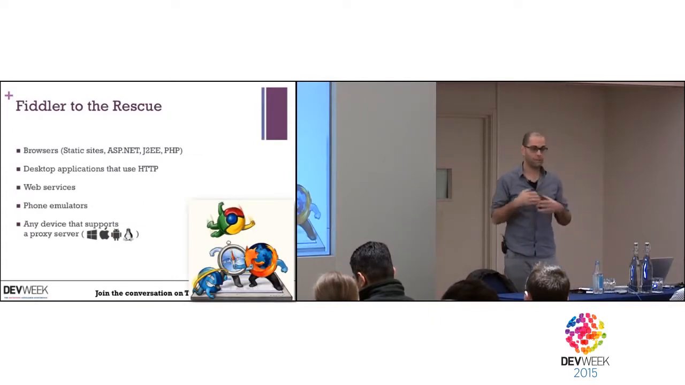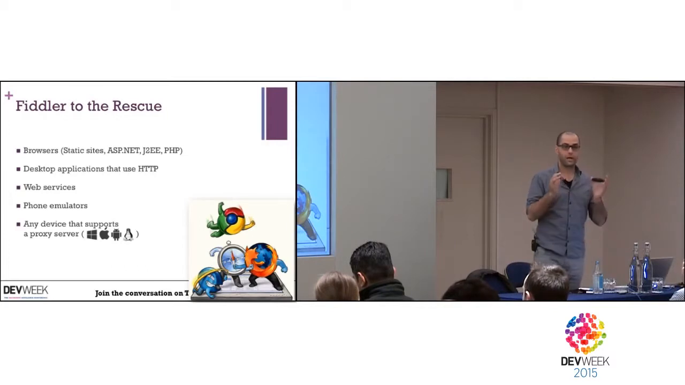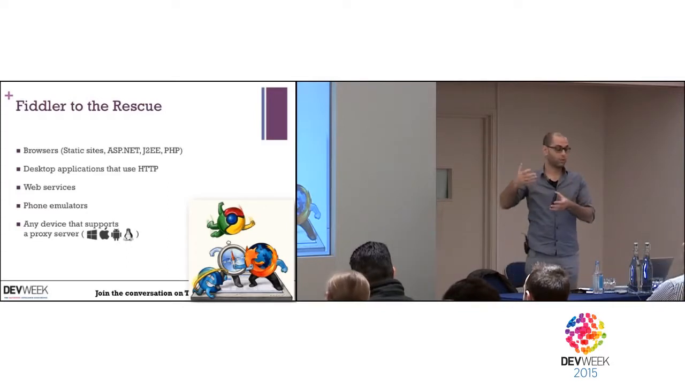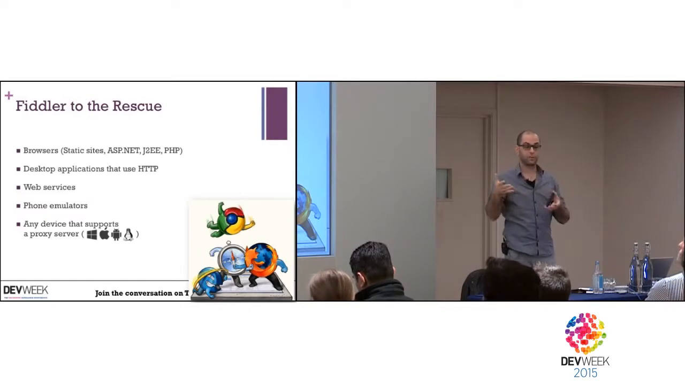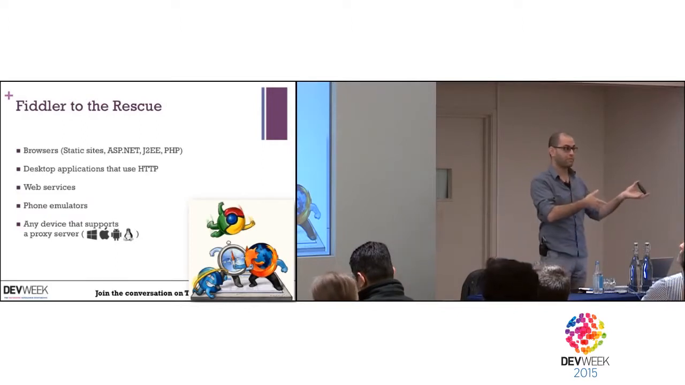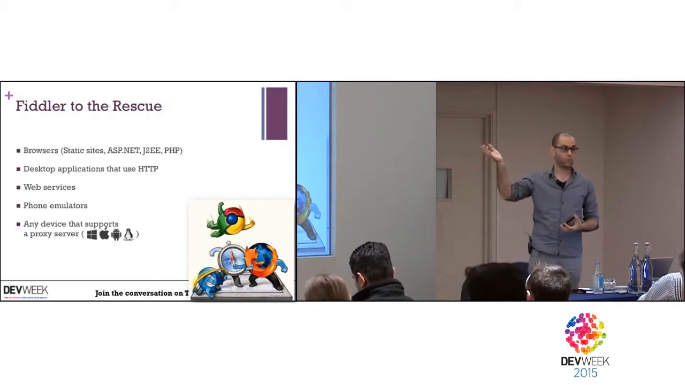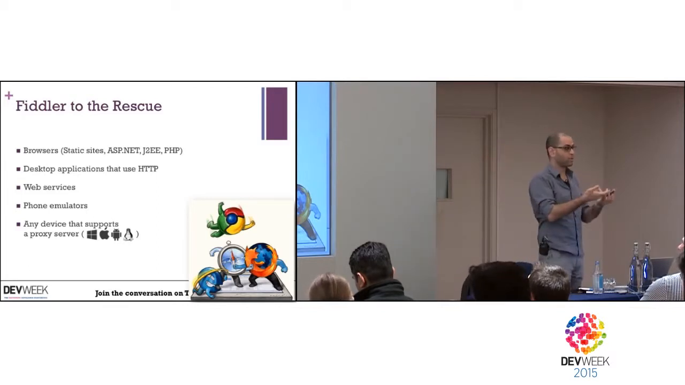So first of all, where can we use Fiddler? What type of applications? Basically, everything that has HTTP. It can be a browser application, website, web application, doesn't matter. It can be a desktop application that uses HTTP, for example, I don't know, a WPF or a Java application that sends an HTTP request to a service. It can be a web service that we want to check, so we can use Fiddler to invoke messages and